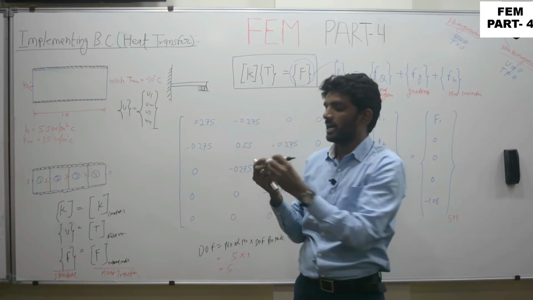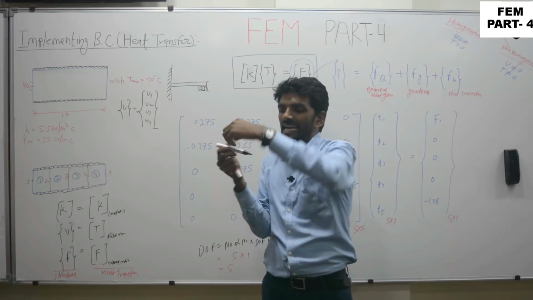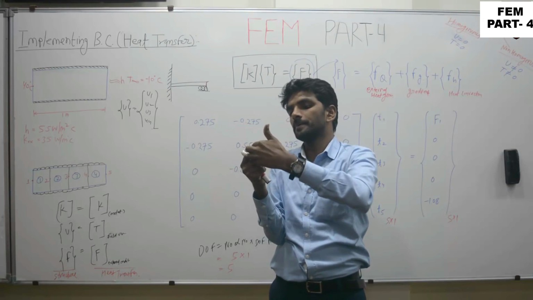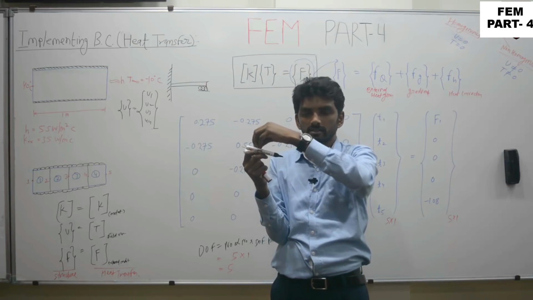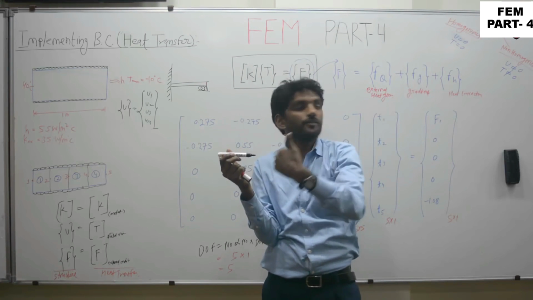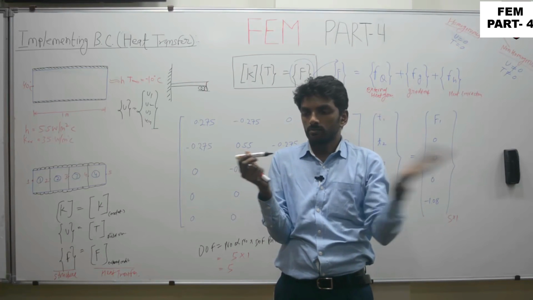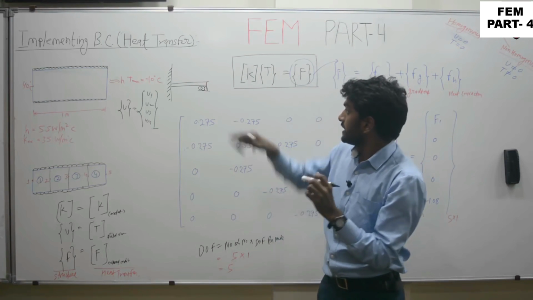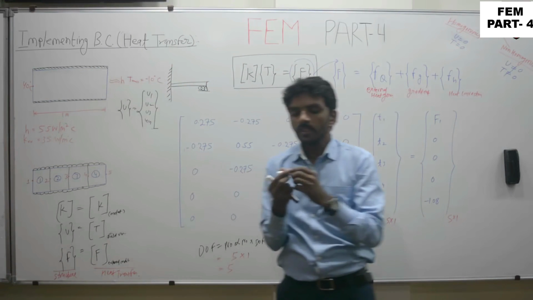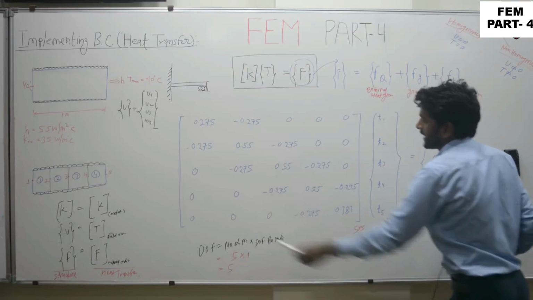In heat transfer, I have a single body. The left face is maintained at a particular temperature. It may be the case that internally heat is generated or not. Then a gradient is existing on the left face, right face, or heat is flowing from the right side with convection. In these cases, we need to figure out this particular matrix.